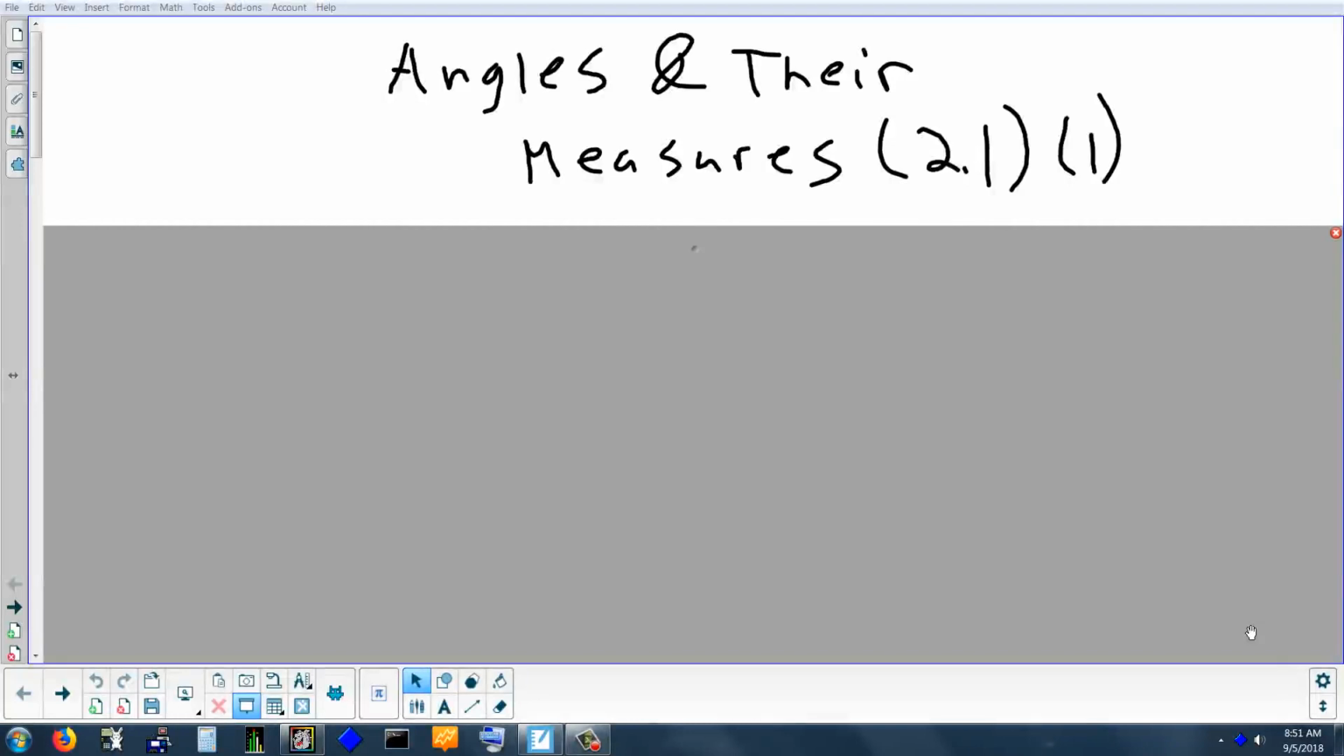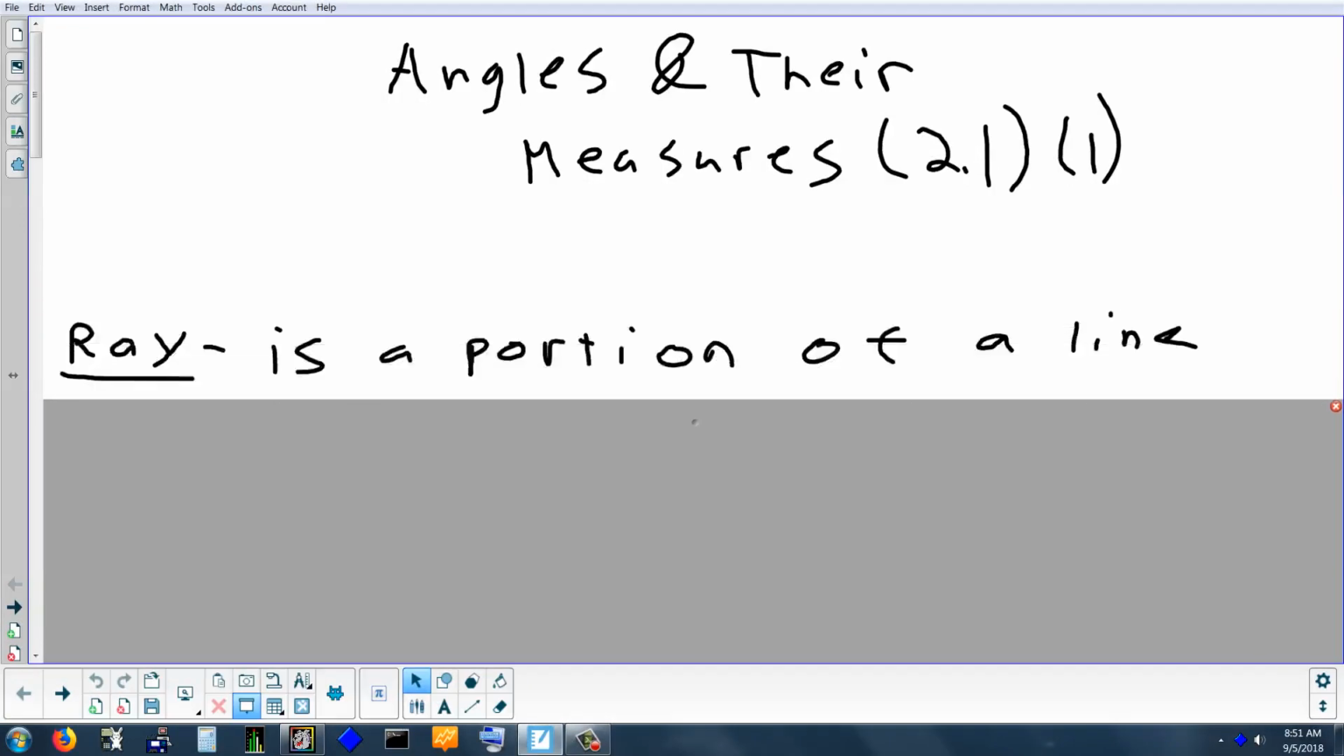A lot of people are familiar with degrees, but there's also another unit. Does anybody know the other way you can measure an angle besides using degrees? Okay, well that's why we're going to take a look at what that is today. So before we even talk about what an angle is, we're just going to talk about what makes up an